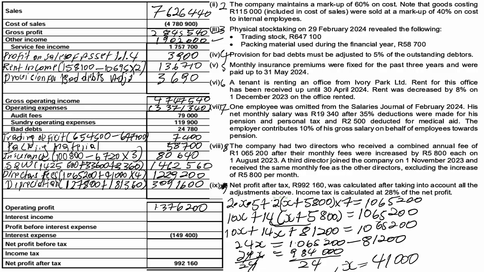So we just need to use that to calculate the income tax: 992,160, and then what we do, we'll multiply by 28 over 72. Okay, so the income tax, guys, will amount to